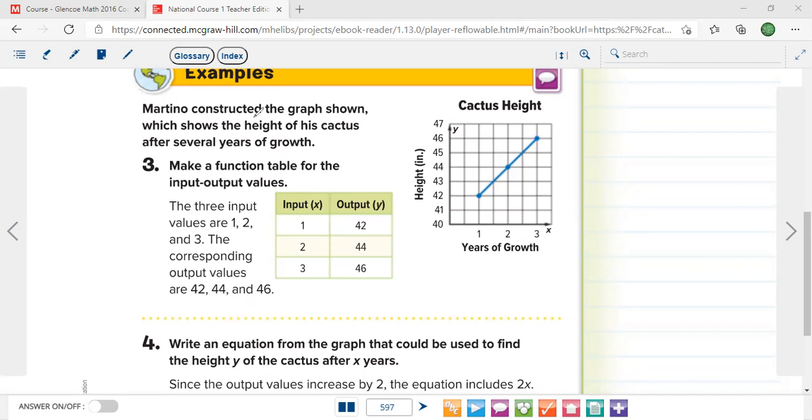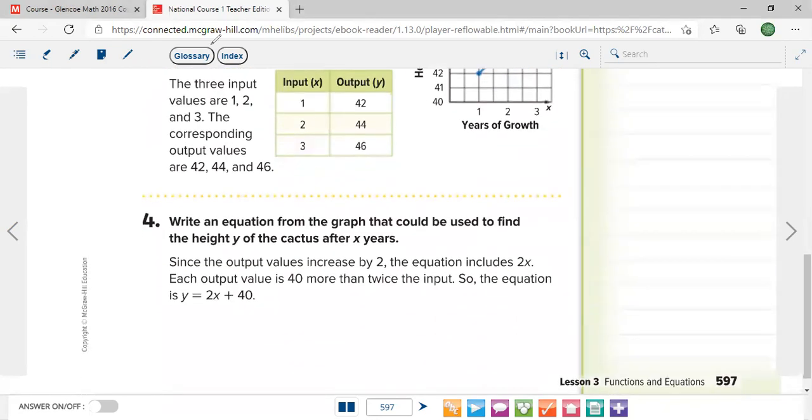Now in problem number 4, write an equation from the graph that could be used to find the height y of the cactus after x years. So our mission now is to discover how 1 becomes 42 and 2 becomes 44 and 3 becomes 46 and so on. How come? So as I told you before, an easy method to discover: